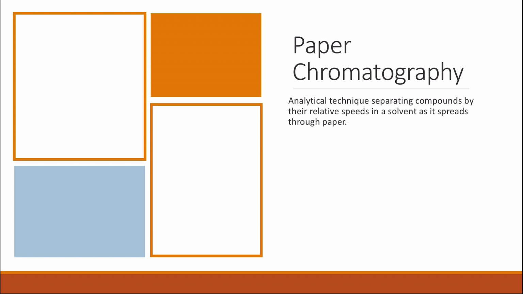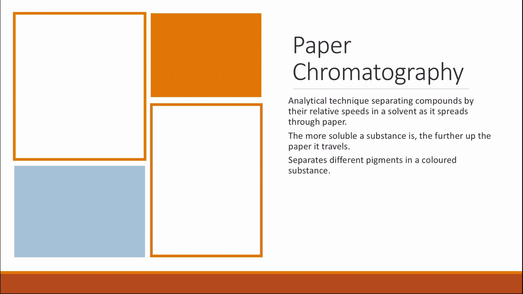Paper chromatography is an analytical technique that can be used to separate components of a mixture depending on their relative speed in a solvent as it spreads through the paper. So the mobile phase here is going to be a solvent and the stationary phase here is going to be paper. Some of the mixtures that can be separated using paper chromatography are the different pigments in a